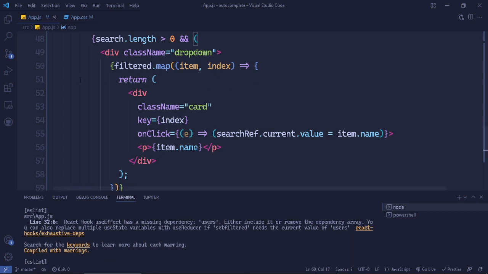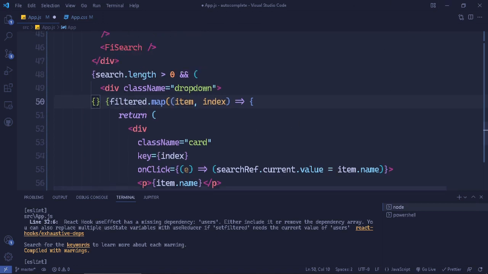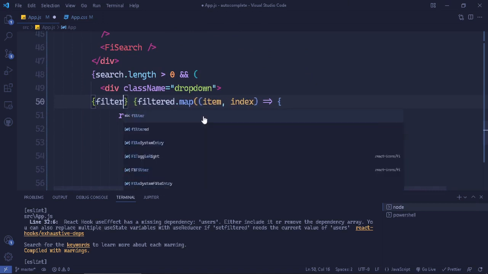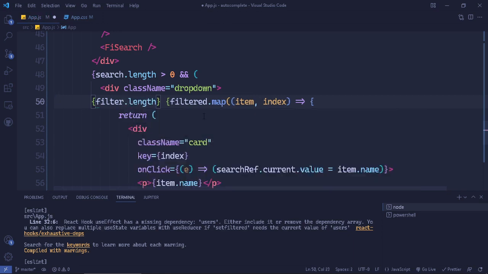So in the search box, I'll come and create another variable here that is going to depend on the filtered array. So if filter.length is greater than 0,